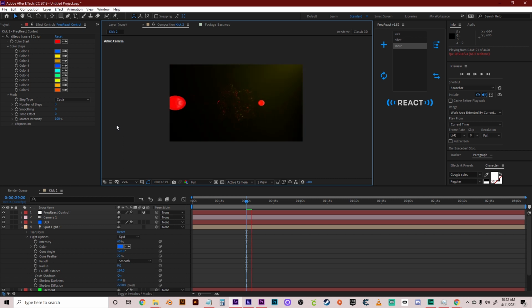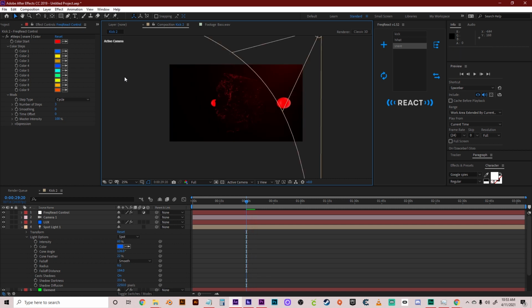Again, this is automatic. I can't express to you the amount of time saved in custom animation by the FreqReact script. Can you imagine how long that would take you? That's just a crazy amount of time saving. Okay, so